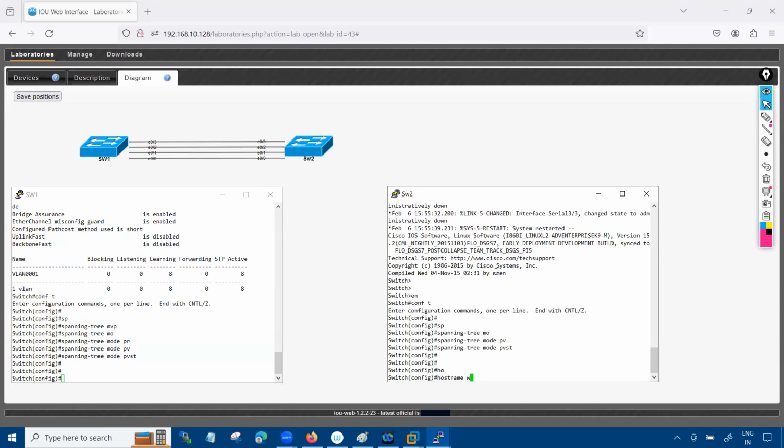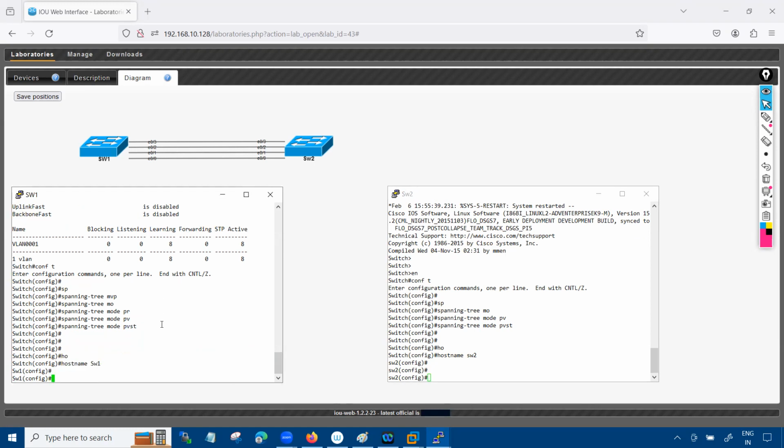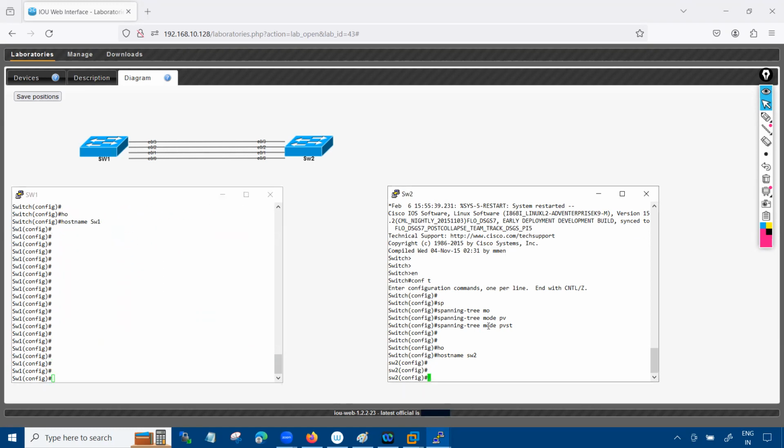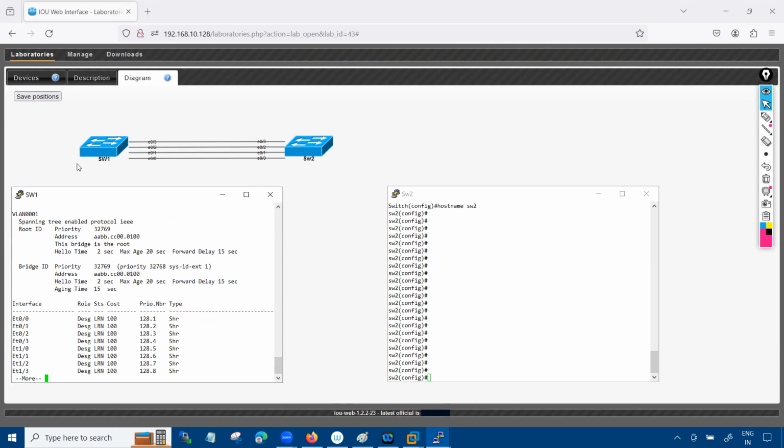The hostname will be switch 2. It doesn't mean that we cannot run EtherChannel on RPVST mode. You can run it. I'm just making it simple with PVST because PVST doesn't have any issue, right? Now you can see that by default the spanning tree protocol is enabled. If you put the command show spanning-tree summary,